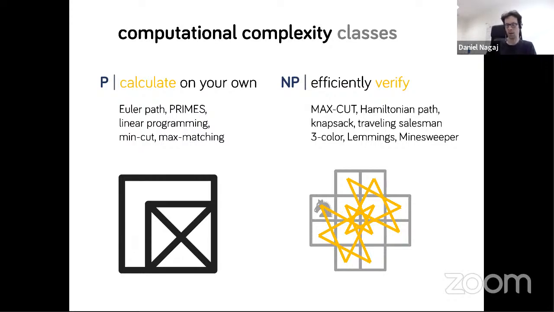Examples of problems in this class are maximum cut, where you have a graph with vertices and edges, and you're supposed to color vertices with two colors so that there are as many as possible edges between vertices of different colors. So you want to find as many as possible edges that have one black vertex and one white vertex on the other side. You know this problem from physics as the antiferromagnetic Ising model, or an antiferromagnetic Ising spin glass if it's in general geometry with many different interactions that have positive and negative values.